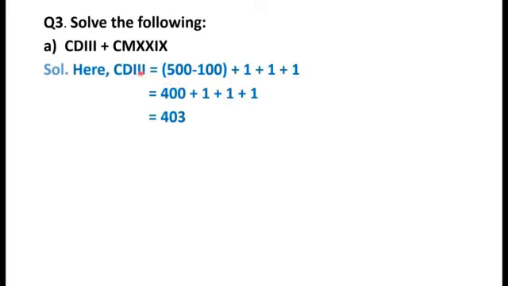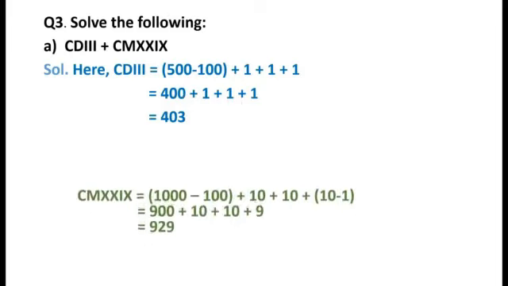Then 3 times I, that means 1 plus 1 plus 1. So 500 minus 100 is 400, and 3 times I is 1 plus 1 plus 1. So when we add 400 plus 1 plus 1 plus 1, we will get 403. Okay, now we will see for